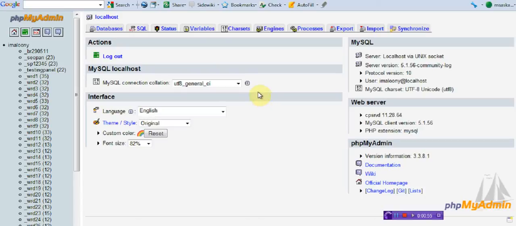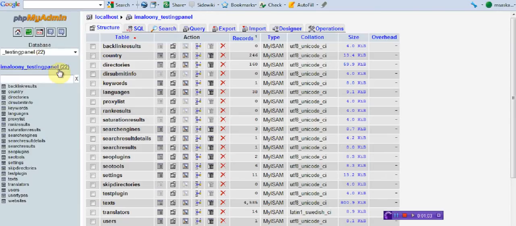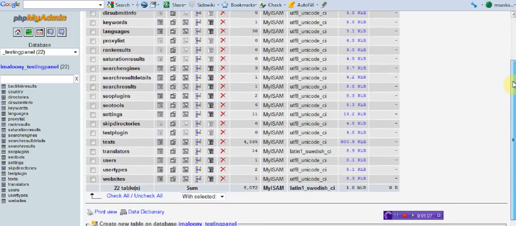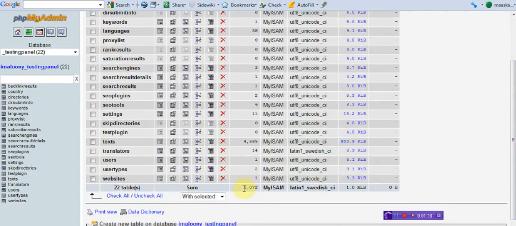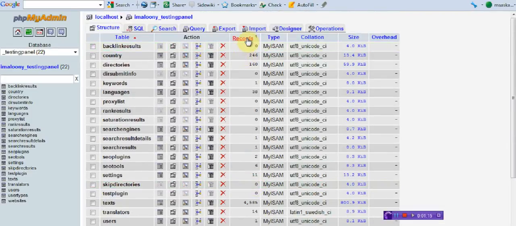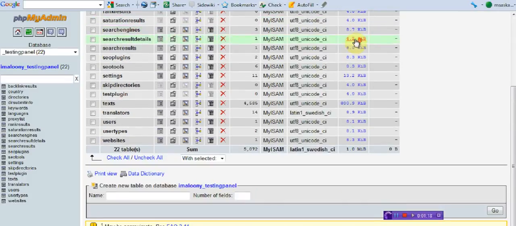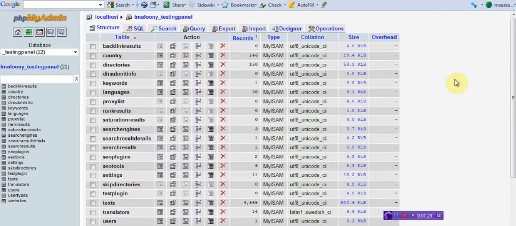Okay, I'm going to go to testing panel, which is the database I'm going to be using for this demonstration. Now, at the bottom here, it tells us that it's 5,072 records, and the size of it is 1 MB. So we're gonna back this one up. How we're gonna do it is when you came in, as you see, I haven't went anywhere else right here